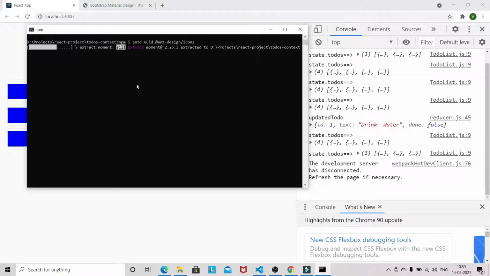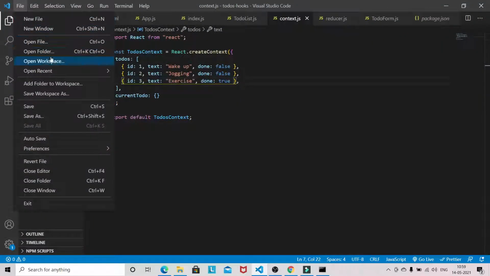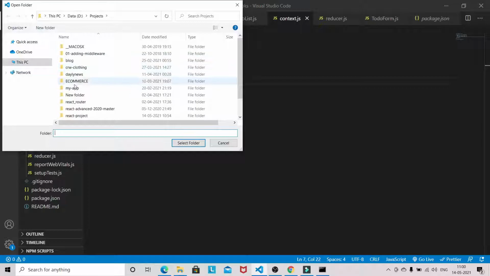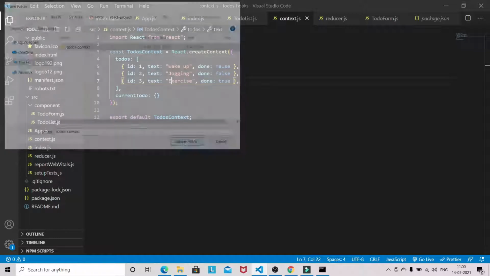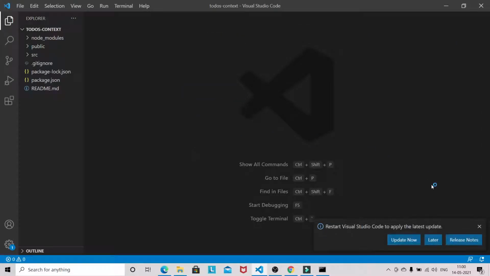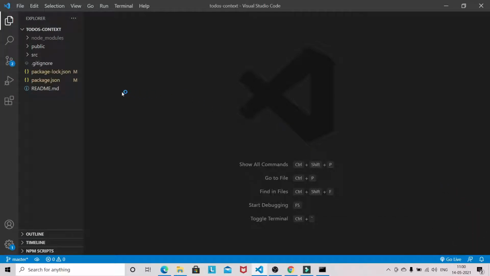So let's wait for these packages to get installed. Meanwhile I will open this project in my VS Code. As you can see, the project got opened in my VS Code.